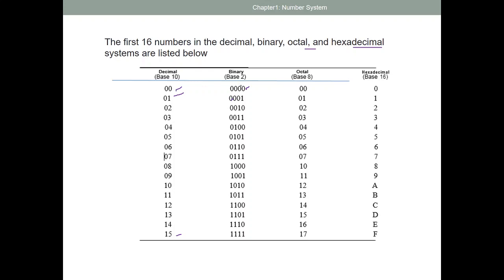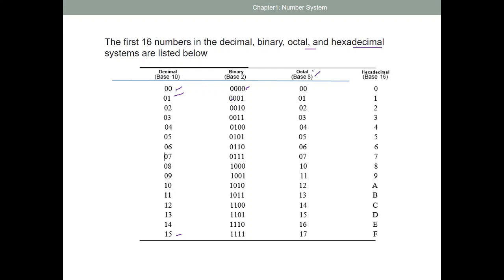Then the second bit alternates in pairs, 0011. The third will be 00001111, and the fourth will be 0000000011111111. This is for easy remembrance. If you are writing a 16-bit value, the first bit, the least significant bit, will be 0101, and it will go like that. The second will be 0011, the third 00001111, and the fourth 0000000011111111.